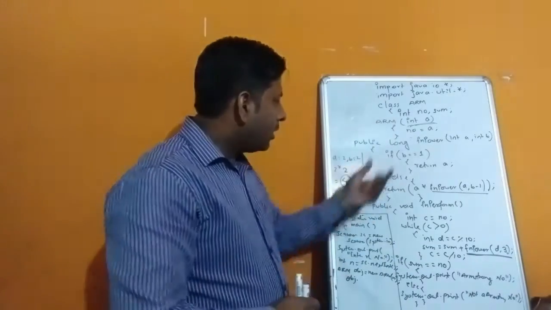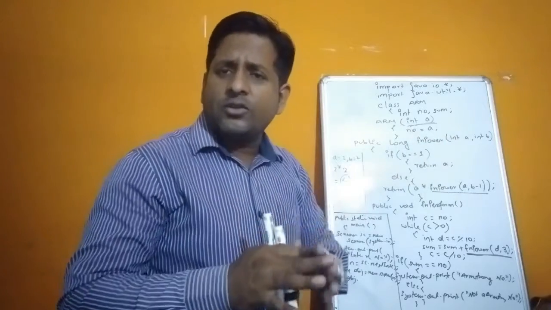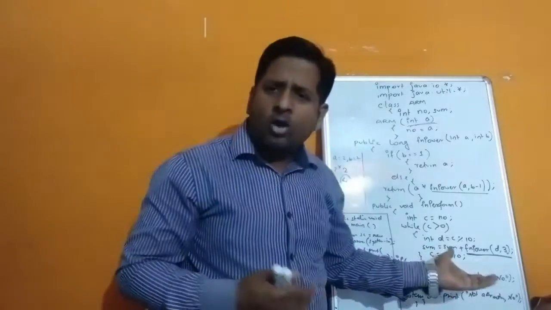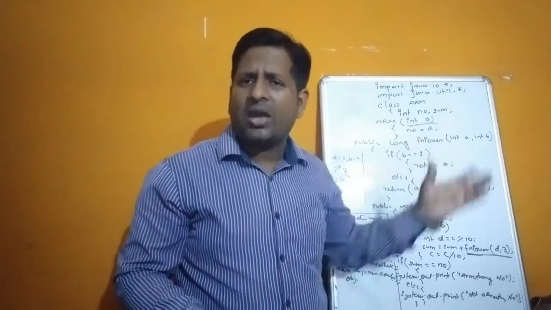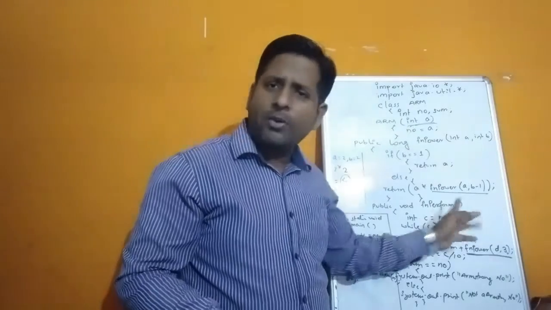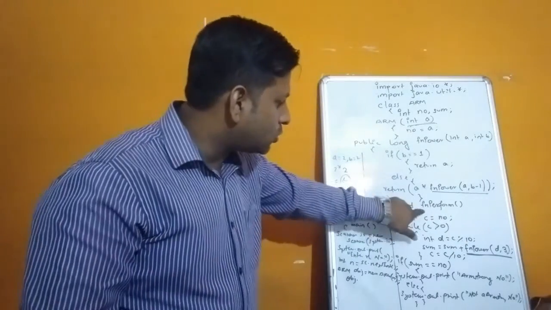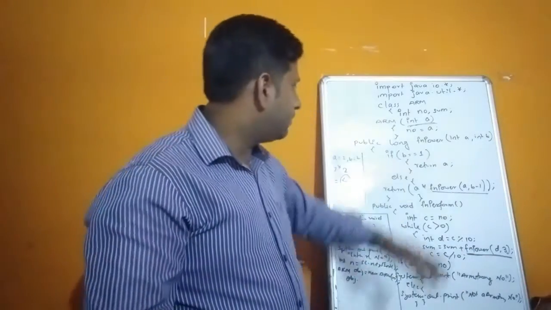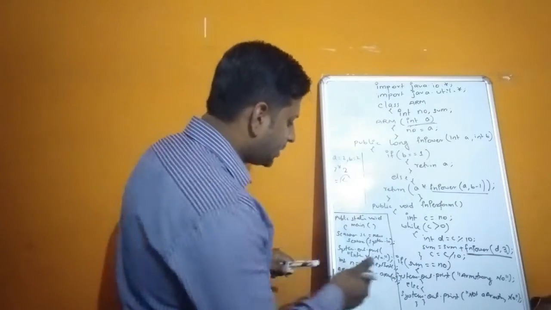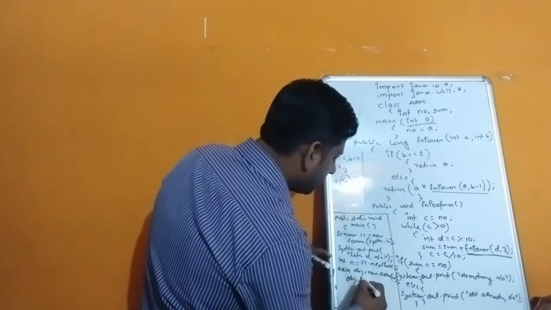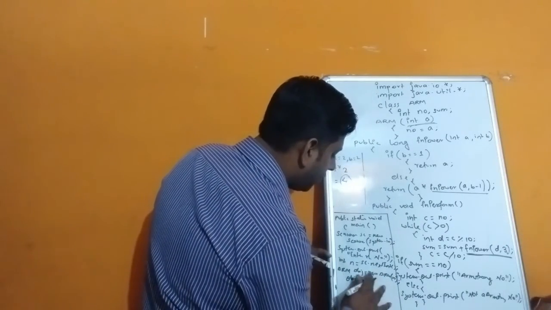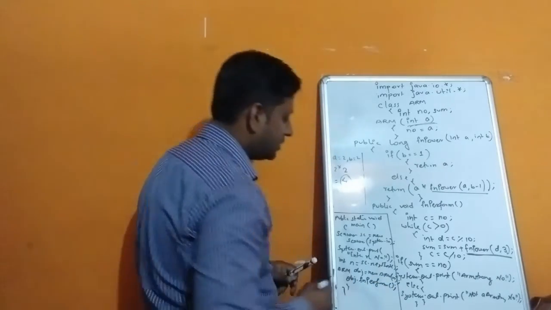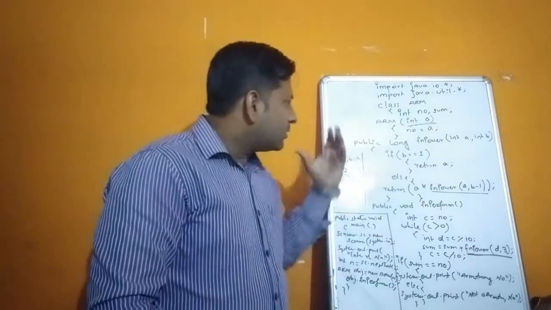So children, what I told you is that recursive functions no need to call, because they are called in other functions. They are the helping functions, so they are already called here in these functions. So what is our work? We need to call this one. When we call this function, the function power is already called. So object dot we will write the function perform. Then we will close this and all. So children, this is the total program.